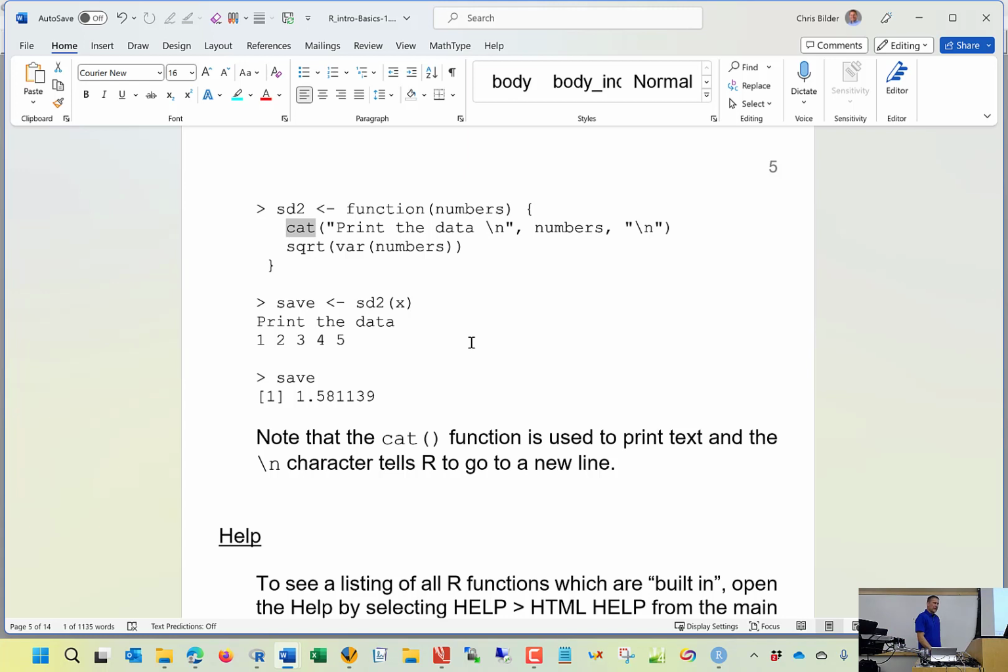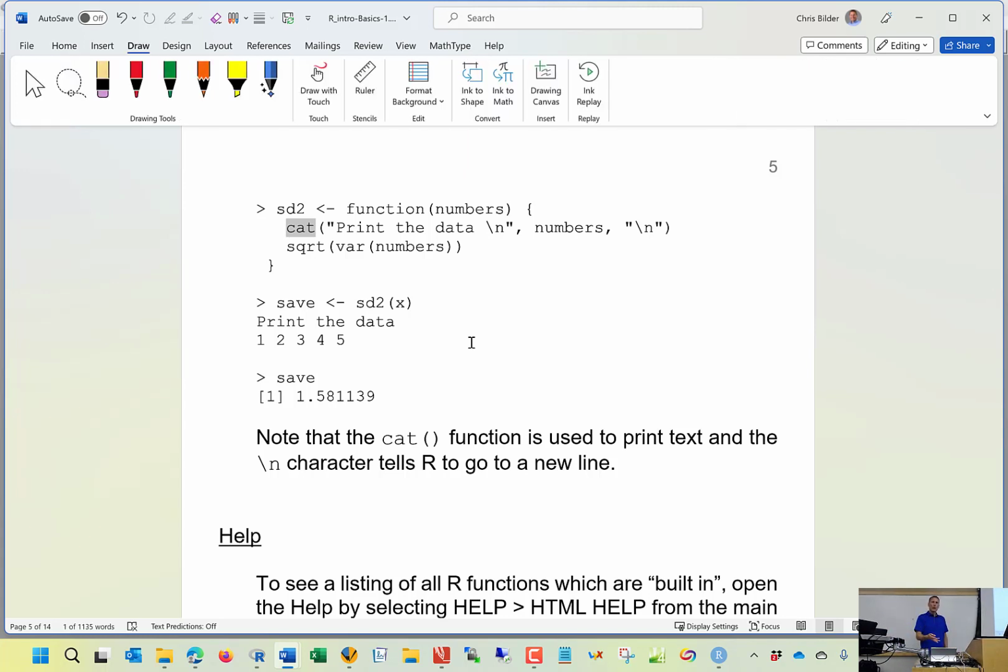But if you have a Linux background, you'll notice some of the stuff that I'm using here has similar names to what is in Linux. So there is a cat function in Linux that allows you to print stuff. There's an ls function that allows you to list files in a directory as well. And so to do this, to print my data, I'm going to say cat, parentheses, and then, well, what do